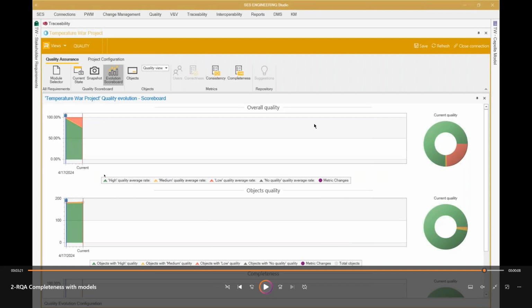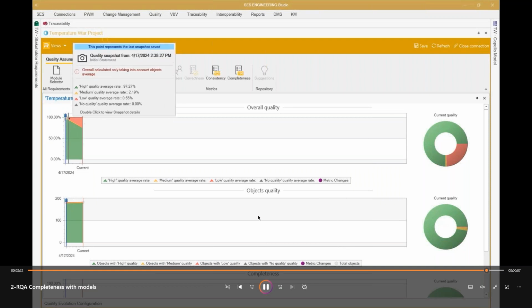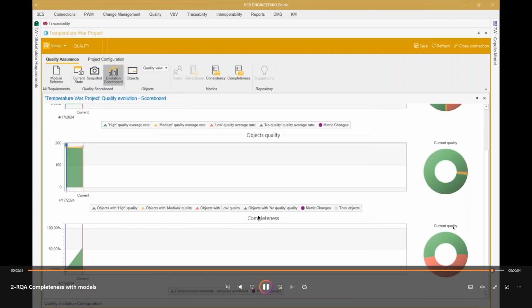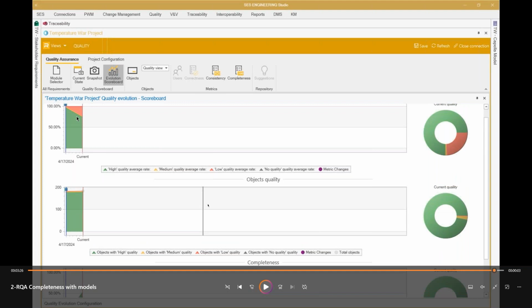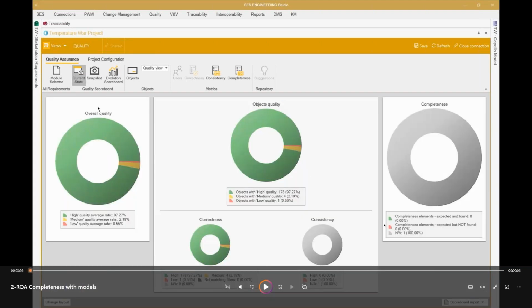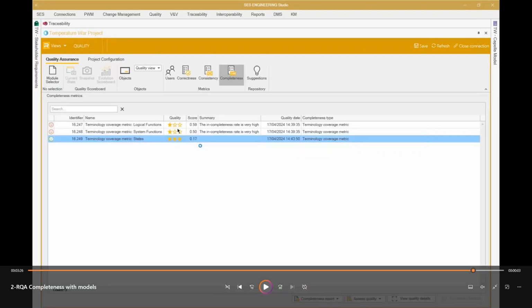So apart from telling you that it's featured, we also have numbers: how many occurrences we have of this or that state, which also helps in seeing the big picture. Here, what you can see is that in the first pie chart, we didn't have the completeness, so we had a fairly high quality for the objects. But after we introduced the completeness aspects, and especially these two with low quality, then we see that this